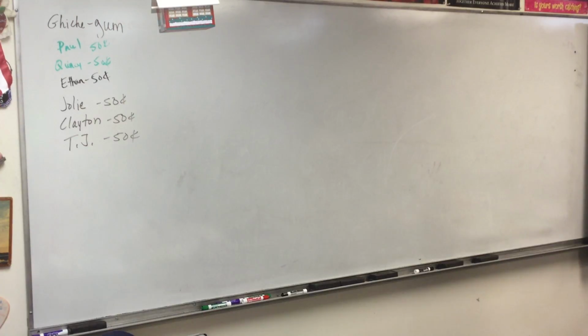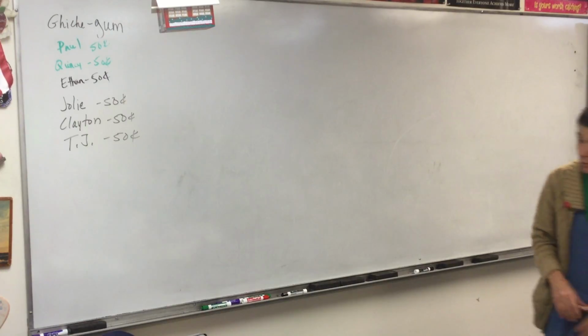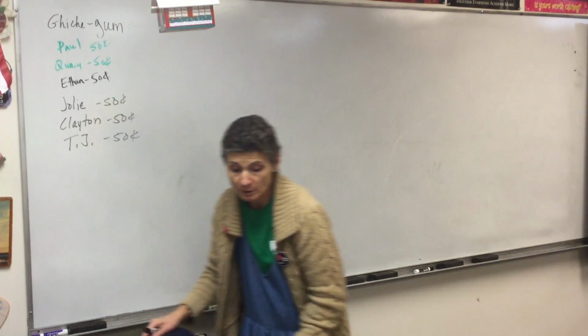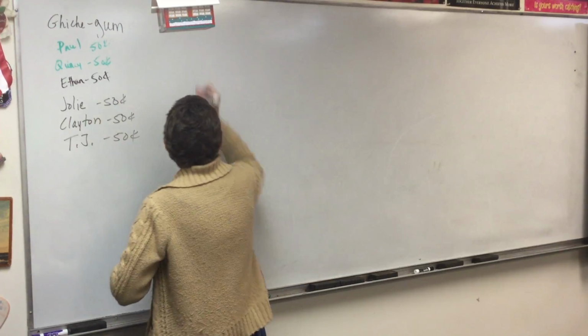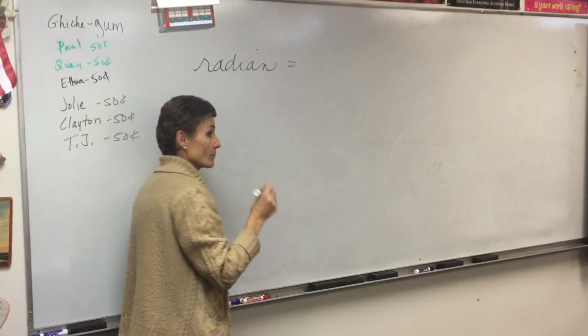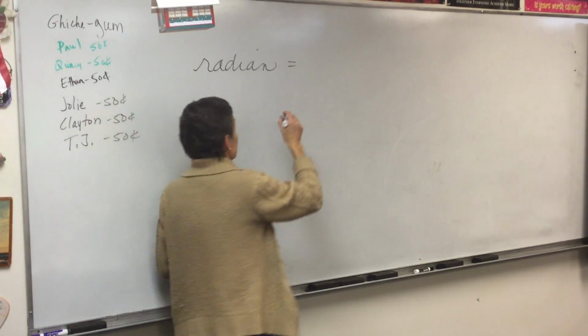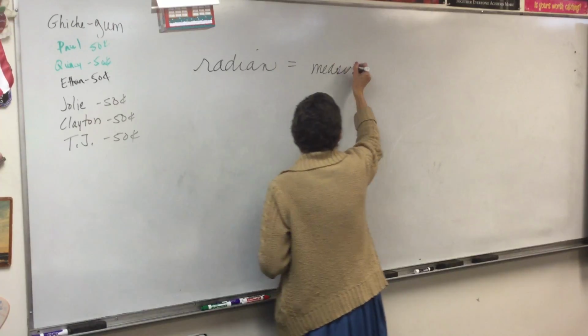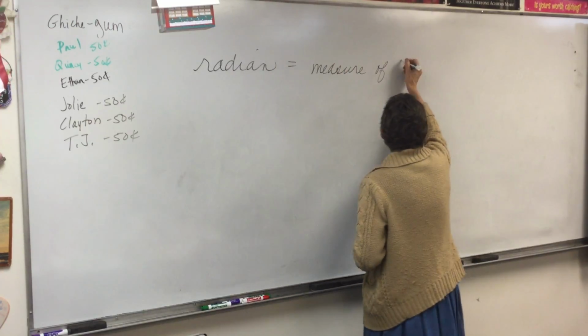When the really smart guys, like in the 1700s, started developing the calculus, they wanted a more mathematical way of talking about angles. Degrees are fine. We'll continue to use degrees, but we're transitioning to this new unit of measurement called the radian. Now, did you guys talk about radians at all last year? Okay. The radian is the measure, and you might want to write this down,